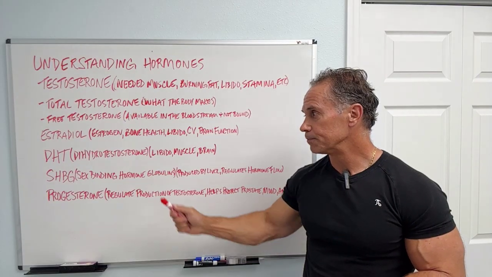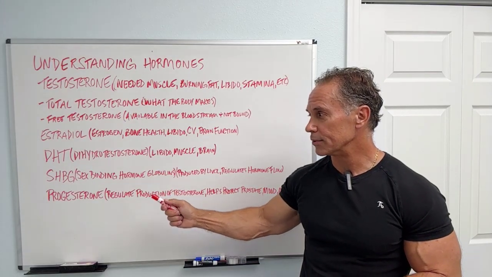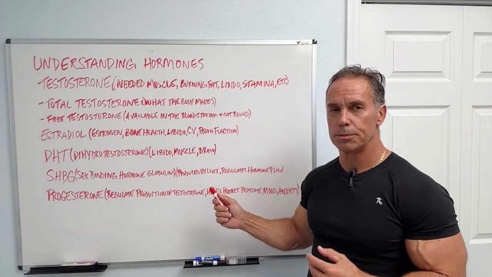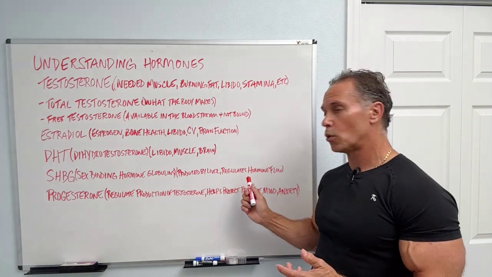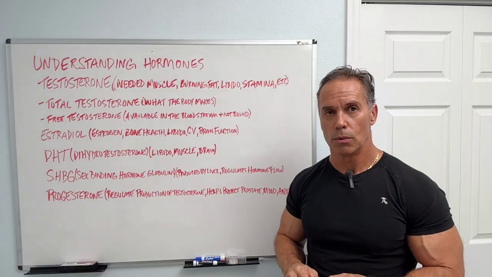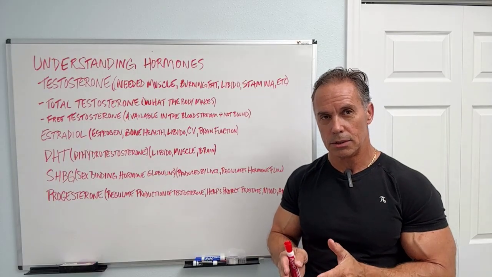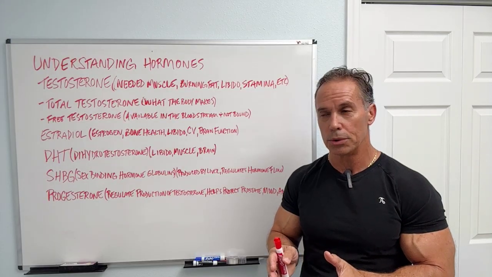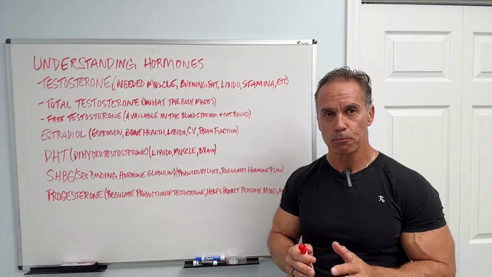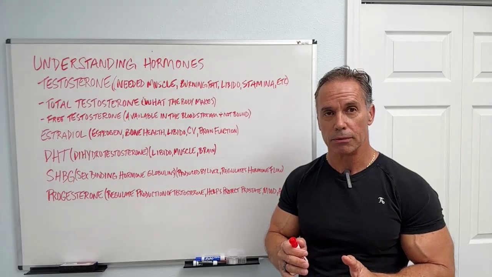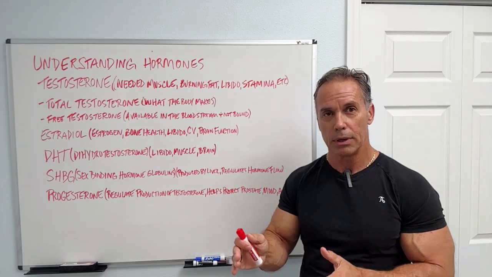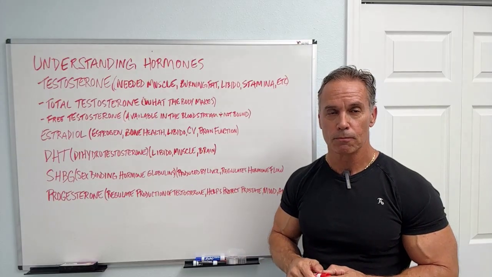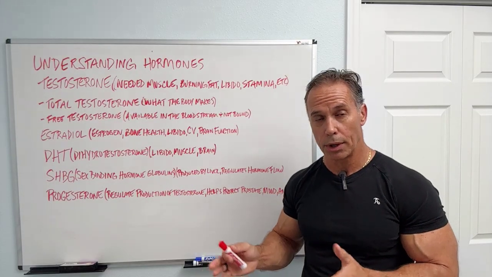All right, and then SHBG, which basically stands for sex hormone binding globulin. It's produced by the liver, but it helps to regulate your hormone flow. So what that means is the testosterone is bound with this and albumin both, but the sex hormone binding globulin can be a really productive thing to manage your hormone levels. So it keeps them in the right range. It keeps everything balanced out. But if it starts getting too high, that can cause problems. If it gets too low, it can cause problems too.